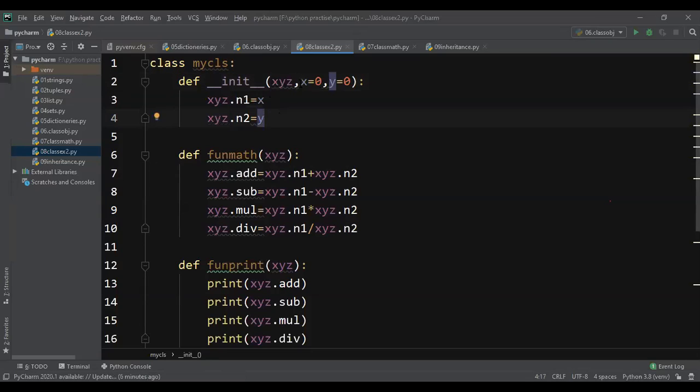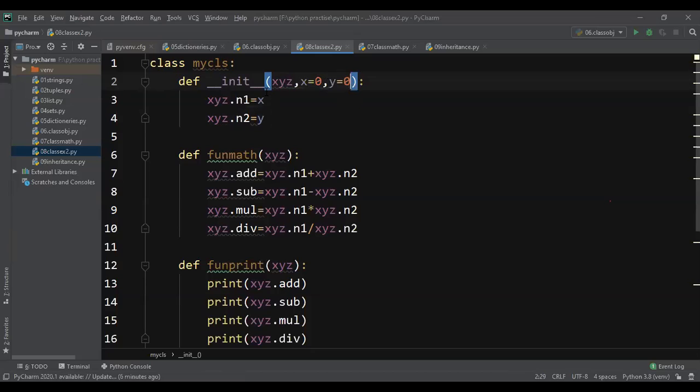This constructor is taking two parameters, one is X and the other one is Y. I'm giving default values to both X and Y. Why am I giving default values here? If the user or the programmer doesn't give any value, then these values will be considered as default values.